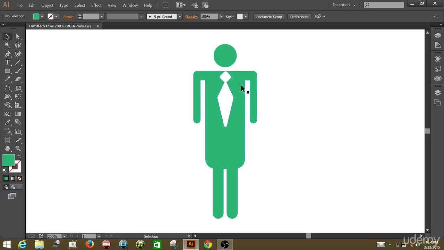And also, if you wanted to do this process to the head, for example, to add glasses, you also have to ungroup and do the process with the head and the glasses without, of course, including the body, because it is a separate object. Now let's go ahead, click with our selection tool, select both these objects,